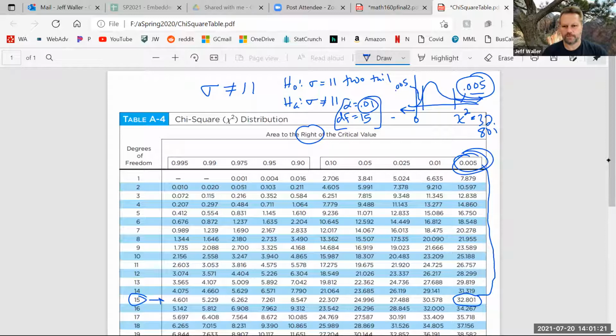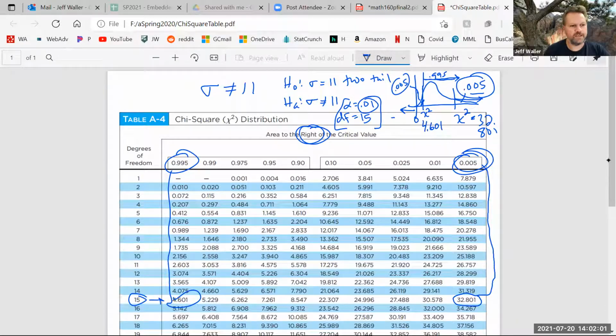So how do I find this one? And again, this is just like a two-tail z-test where it was negative 1.96 and 1.96, but it's not symmetric around 0. So I'm not going to have any negatives, so I'm not going to have the same number. Too bad for us. So can somebody tell me what area is to the right of this one? If there's 0.005 here, what's to the right? Because that's all this chart understands. Yeah, 0.995. So isn't that right here? So what am I getting there, 4.601.